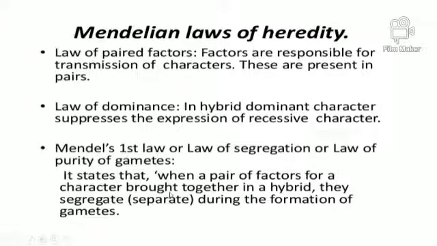Then again here we are separating them. That is the law of segregation, and this is the first law of Mendel. So Mendel states that the factors which are together in hybrids are segregated during gamete formation. It's very easy. When we write down the gamete formation, we write it in a separate way.